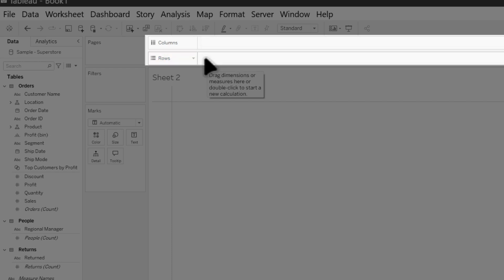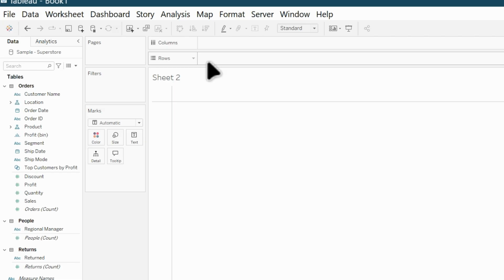The Rows shelf is self-explanatory, it adds rows to your data set, and Columns adds columns to your data set. These are what you need to use to add data to your data visualization and also structure your data in the way that you want it to be structured.